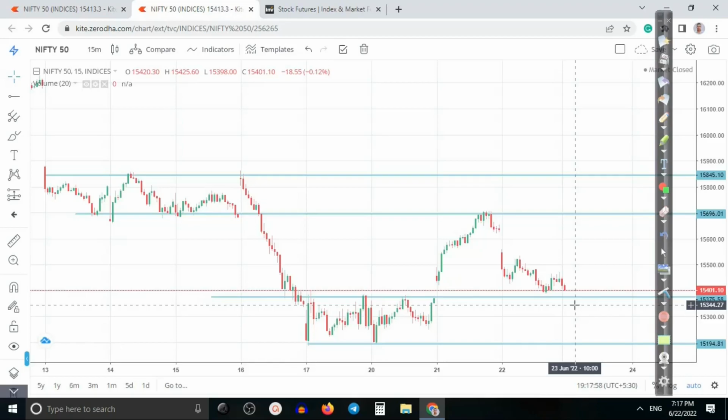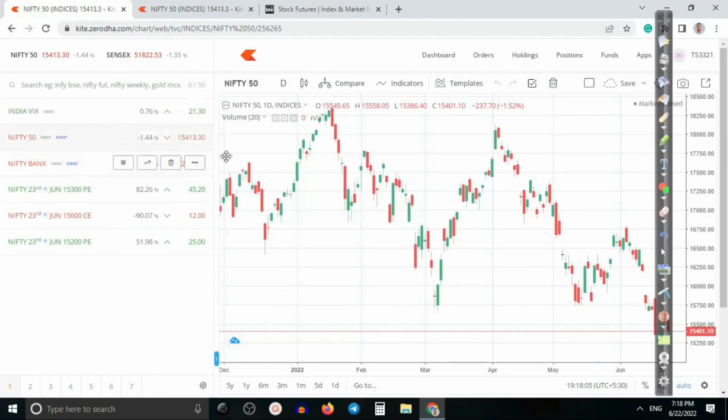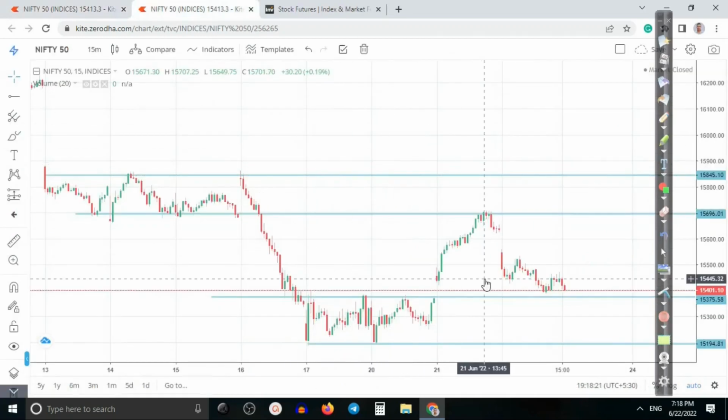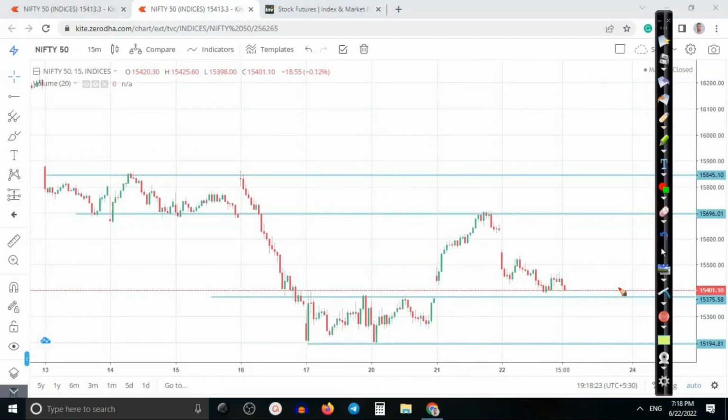Basically it depends on wicks. When wicks are more than 17, we are looking for a sell, like it may be a call sell or a put sell. I'll show you exactly which strike price we need to select. Today we have seen the wicks are high, so that is why we'll go for call sell if price gaps down below